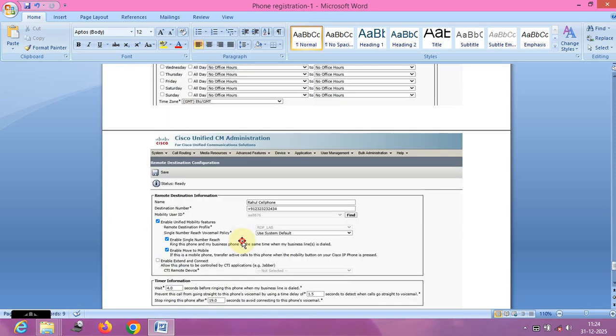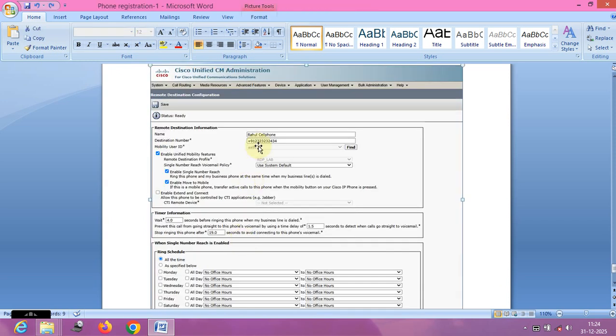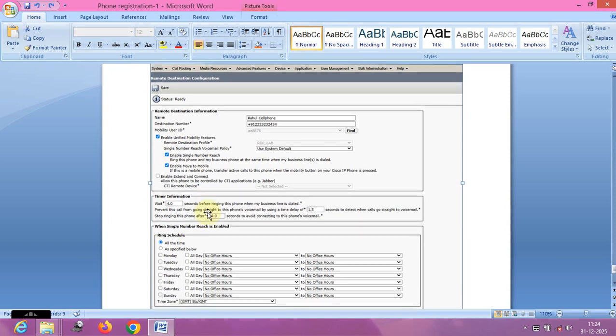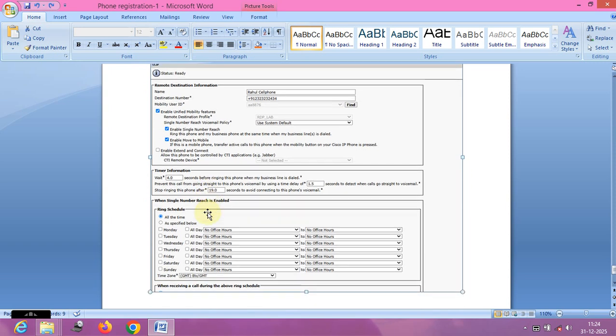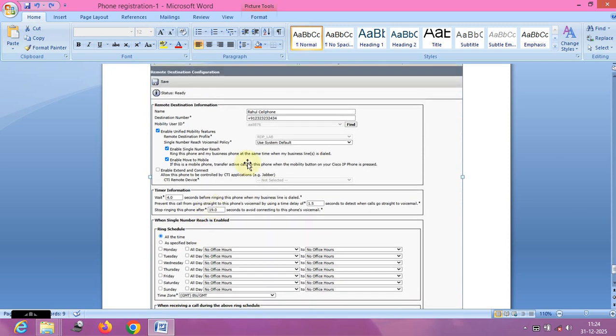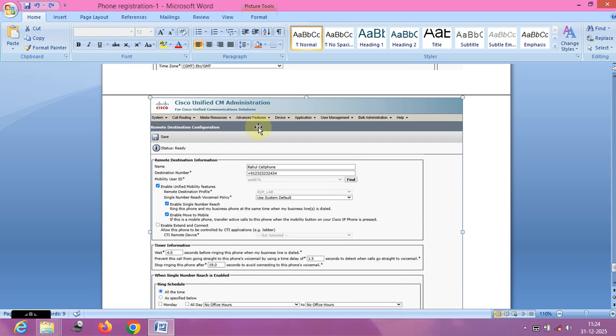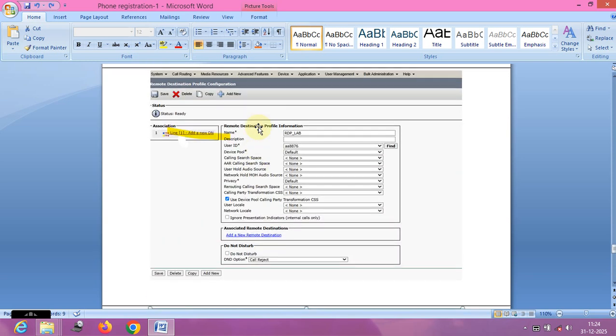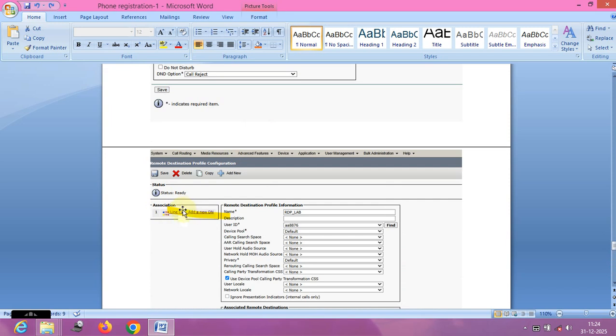So for example, here you can see I have mentioned my cell phone number. I have checked the single number reach and the timer, right? So whenever anyone calls my desk phone, my cell phone as well as my desk phone both will ring, right? And one more thing, we have to mention the user's desk phone number over here on line one on this RDP profile,